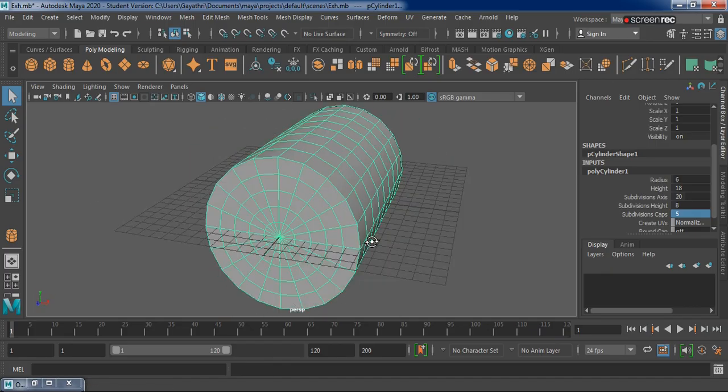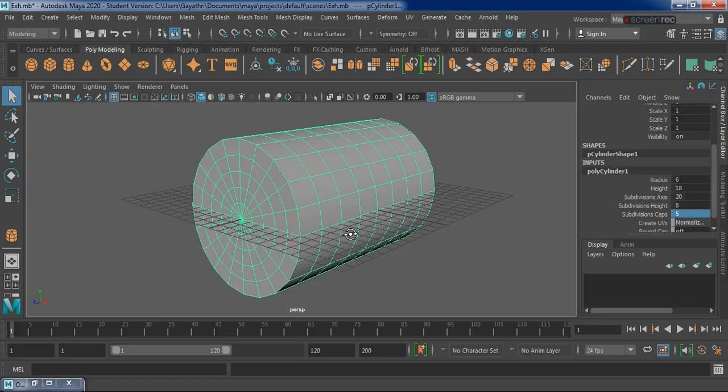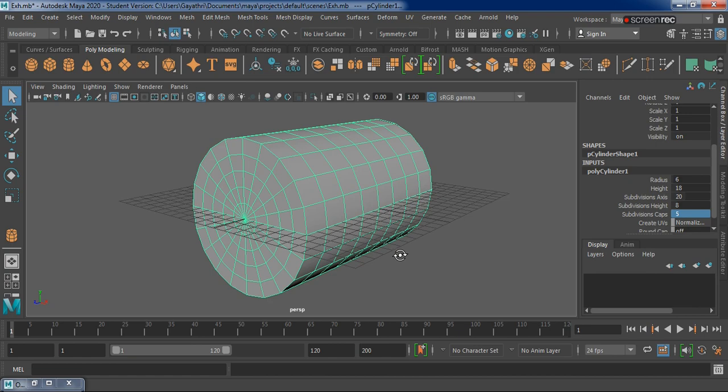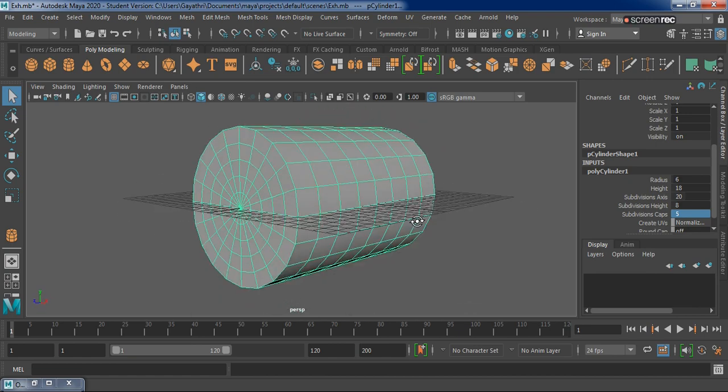Now you can increase the subdivisions of an object before you extrude, because it will be easier for you to get the initial model that you're going to create. Alright, let's go ahead. Now one more thing, this grid right here, sometimes it's a bit annoying to have the